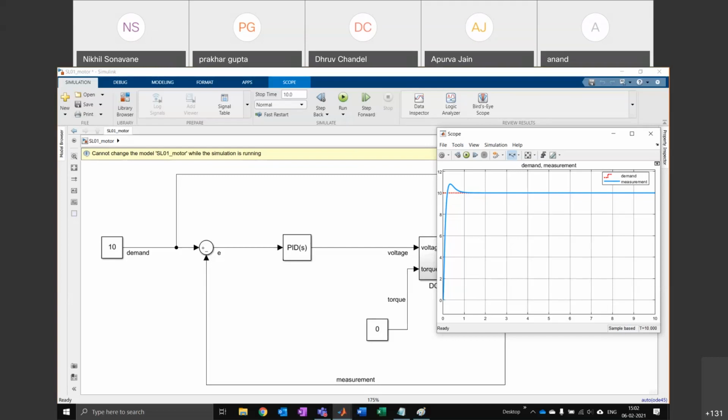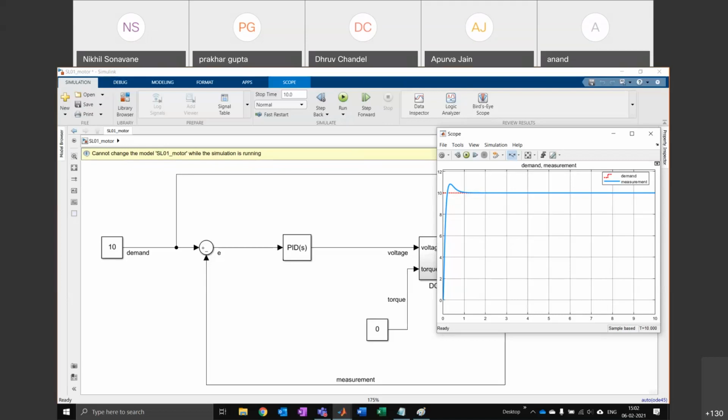So the steps are: you put in a PID controller, you go down and tune, you hit the green button to update, you hit OK on the dialog box, and then you just run it and you should get this nice performance. No, I'm not going to paste the values of the PID.